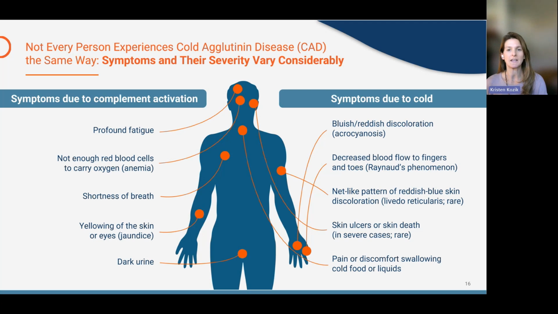Continuous complement activation causes profound fatigue and anemia, which, again, includes not having enough red blood cells to carry oxygen throughout your body. It can lead to shortness of breath, yellowing of the skin or eyes, also known as jaundice, and dark urine. Now, jaundice and dark urine occur because there are greater than normal levels of bilirubin in your blood. Bilirubin is the byproduct of broken down red blood cells, and it's formed because of the breakdown of hemoglobin released